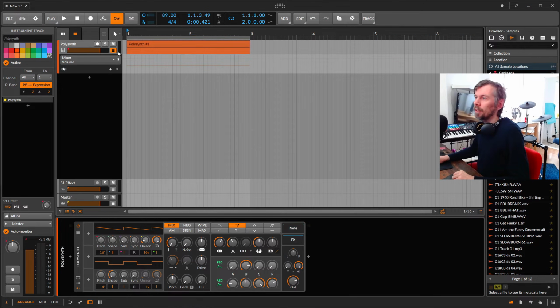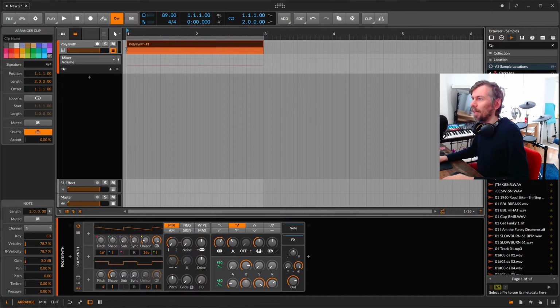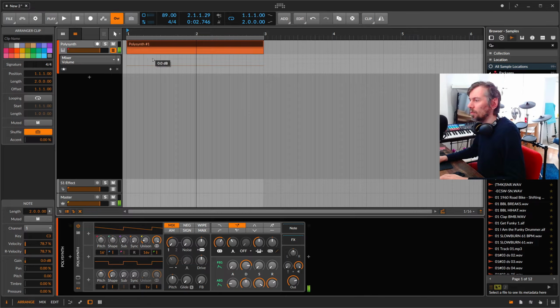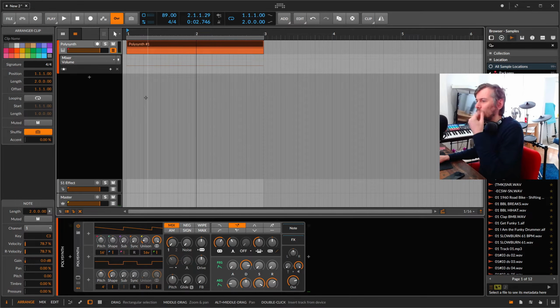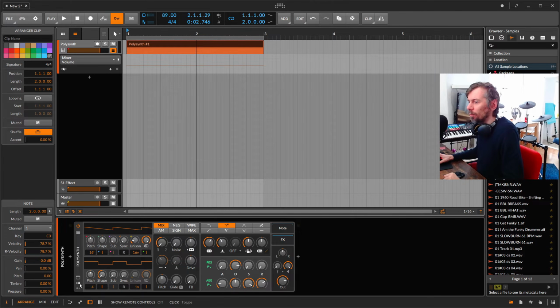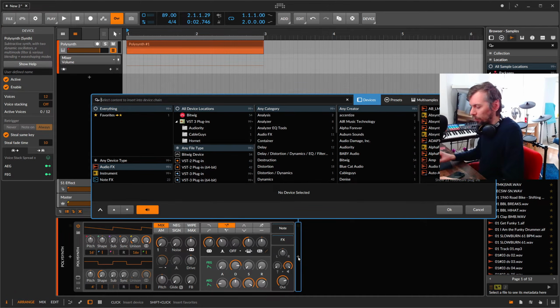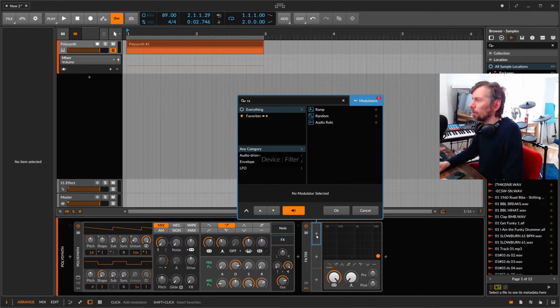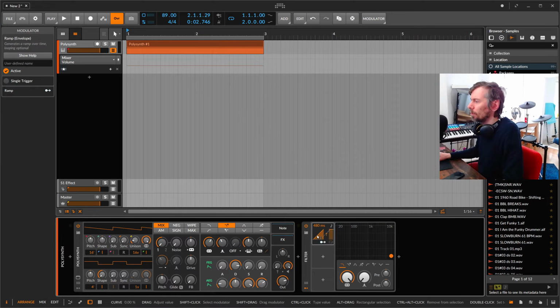Now I've already got some kind of track here. It's just a pad sound. Nothing special. But we maybe want to add something to it that modulates this pad and gives it a rhythmic feel, and also changes the rhythm over time, while starting on the grid and ending on the beat grid. And this is possible by using a ramp modulator here on the filter. This one. And we can activate here the synchronized